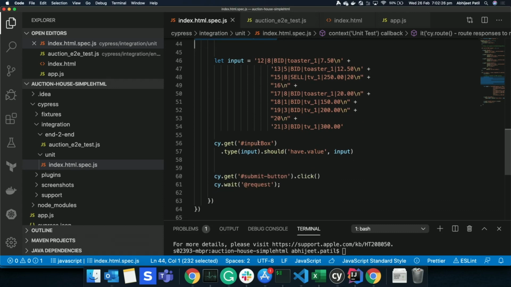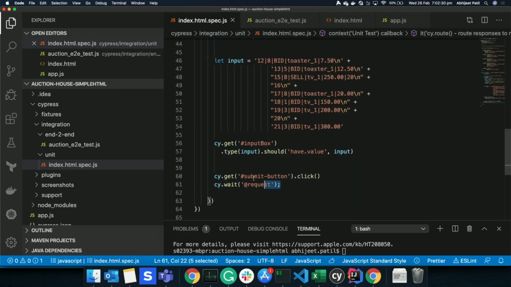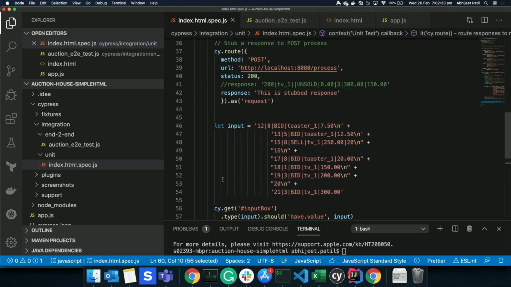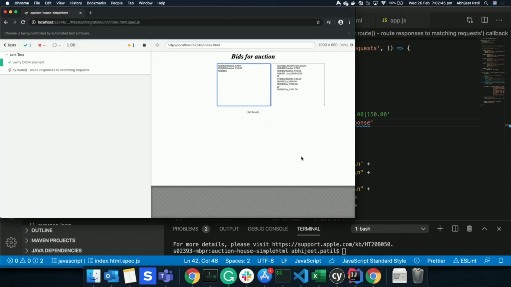So here we are just setting the value and doing a click event and then waiting for a response. And what it does is it just displays my mock response, which is this. If I want, I can change the value to anything, and it should still work. If I go back, it has picked up my changes. And yeah, you can see that it has updated. So if we look at our slides,